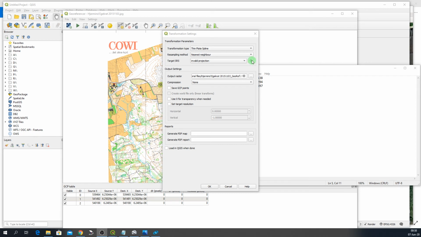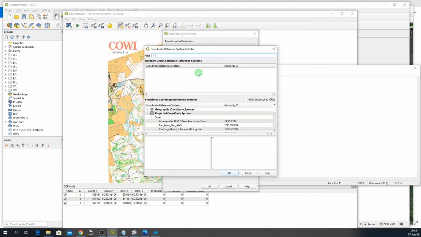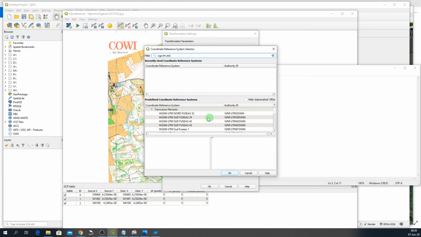So if you come up and click on this little globe here, there's a new window that pops up. And here you're going to type WGS 84 UTM. And that'll down select some of the different projections that are available in this program. There's an enormous amount of projections, but this is the one we're going to navigate through. So you navigate down through and you see you have the transverse Mercator. This is the projection we're going to use, universal transverse Mercator,